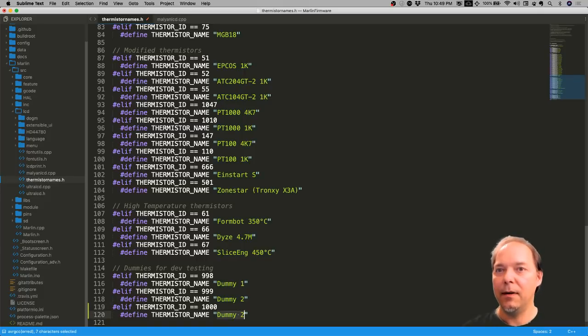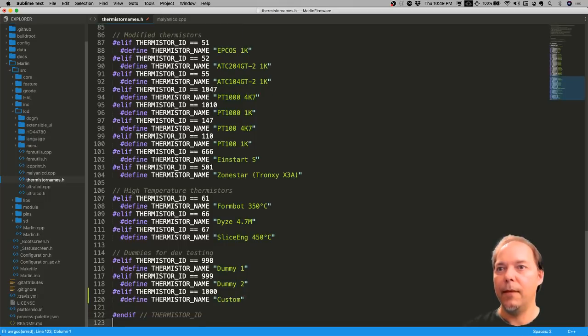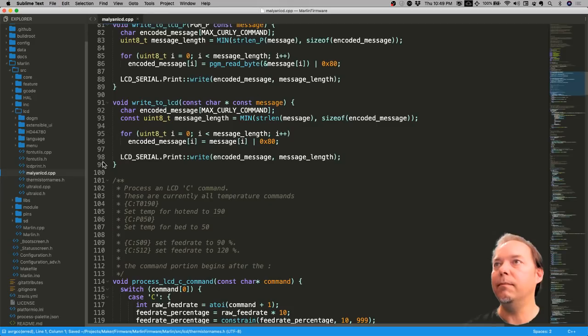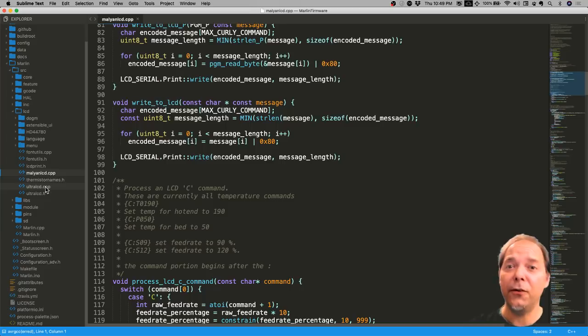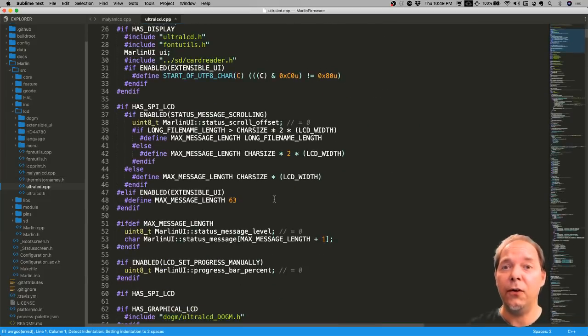Recently added, user custom. We'll say custom. There. And then the Ultra LCD code itself, which is all the generic stuff, basically the core LCD code, which